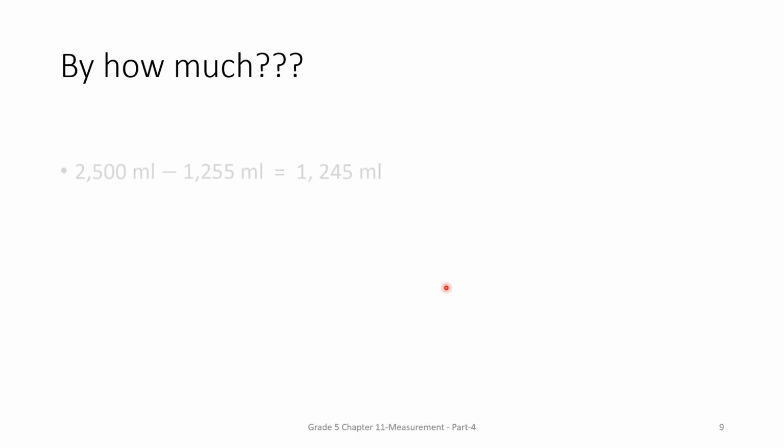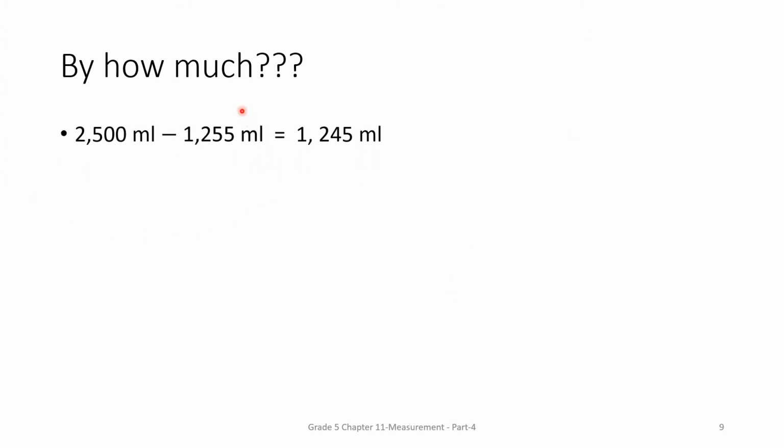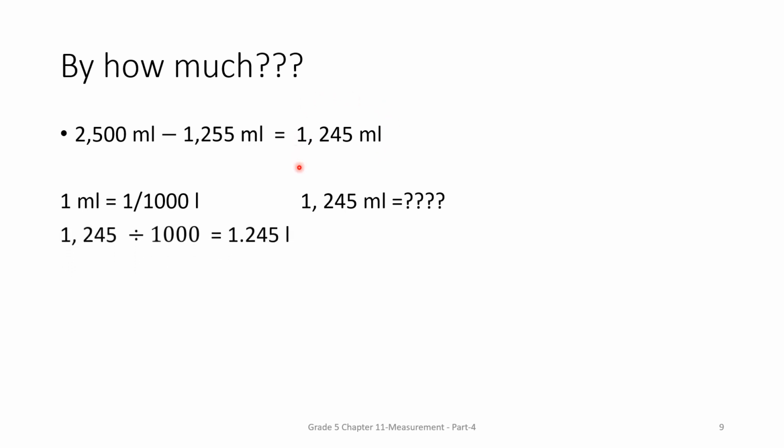So for that scholars, what we need to do? We need to subtract. Okay, so we'll subtract 2500 ml minus 1255. So when we subtract, we'll get the answer as 1245 ml. Okay, subtraction we have already learned. You have to subtract by yourself. Okay, now scholars, our next task is that we have to find this answer in liters. Okay, and we know that 1 milliliter equals 1 by 1000 liter. So how much will be 1245 milliliters? So for that we have to divide